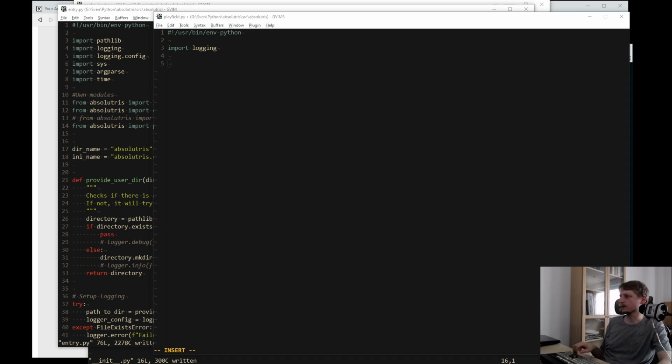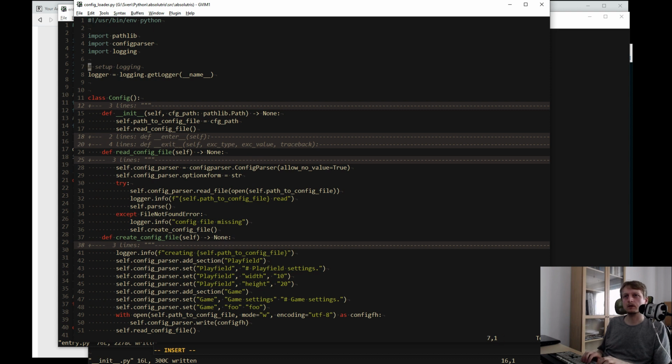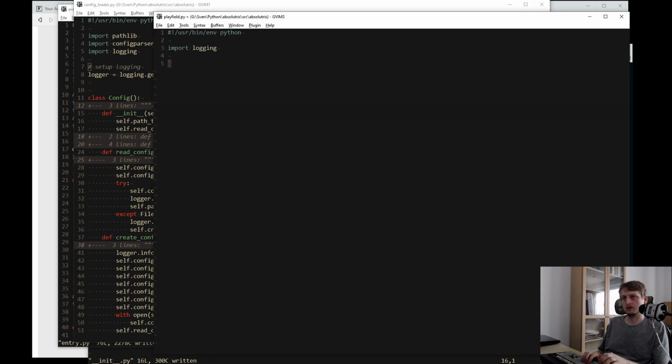How do I do the logging thing? Kind of forgot. Logging and setup logging, this thing. Logging get logger, okay. All right.